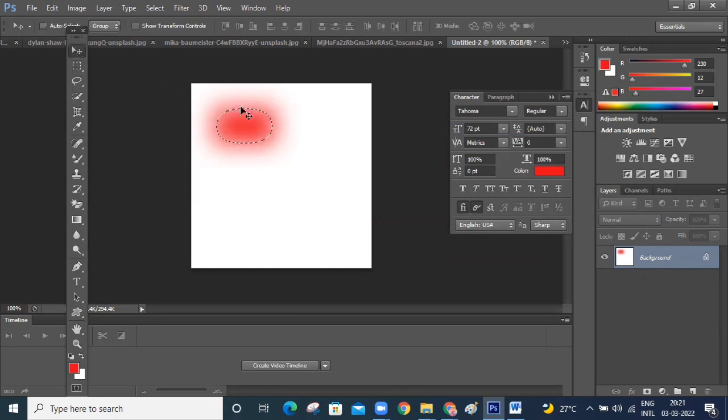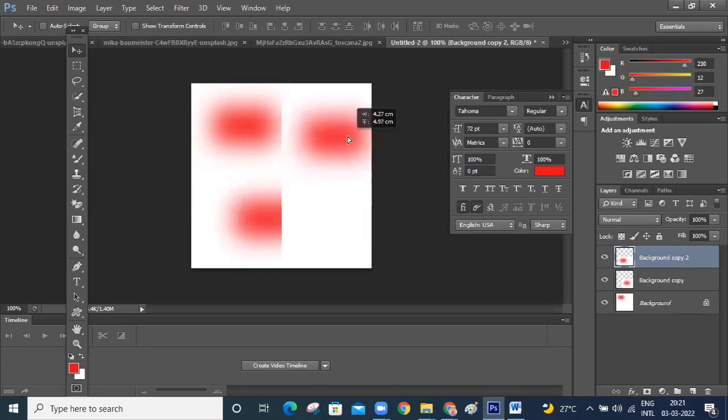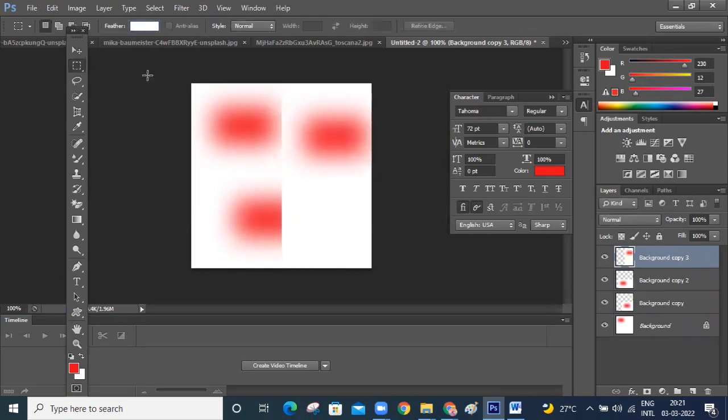Suppose you want to duplicate this one, just click on Alt and drag. Duplicate will come. Again, click on Alt and drag. Another duplicate will come.